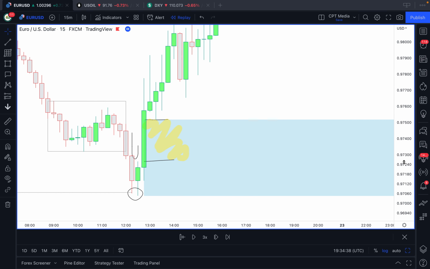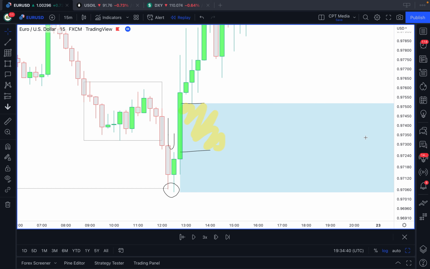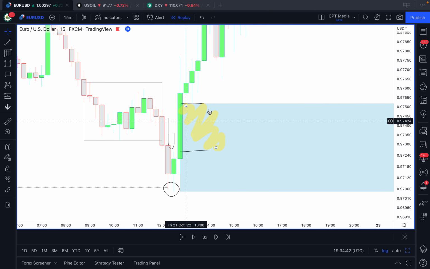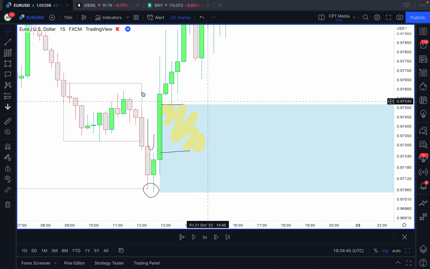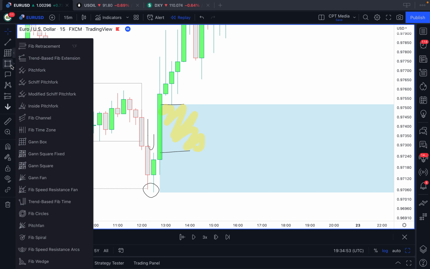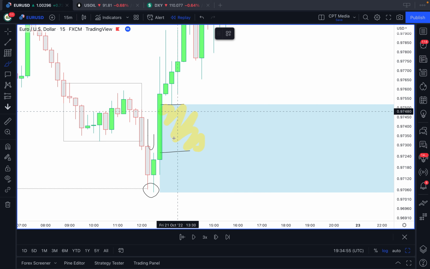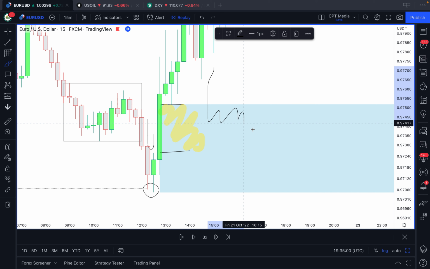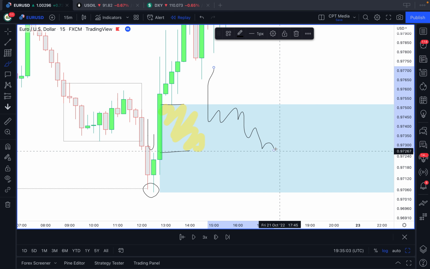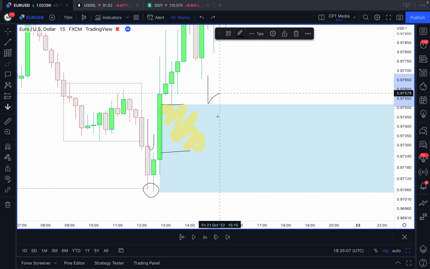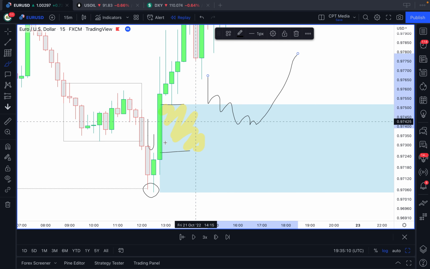So now I've explained what price inefficiency is, right? A one-sided move in the market, and usually these zones are filled, as we just saw. Now a further refinement, which you can use, is see what will a lot of the times happen is price won't always come back and fill the full imbalance zone, right? It doesn't need to, but what most often it will do, so it won't do something like this, right? It won't fully fill the zone in, but what it will do, again, because the market has to offer a fair market value, it would usually at least come and fill the 50% of that imbalance zone before continuing on